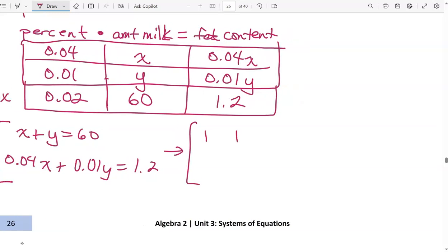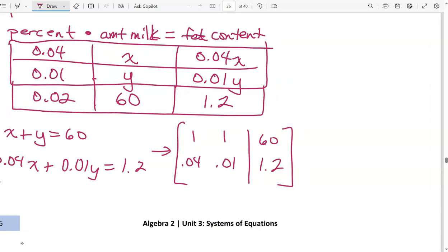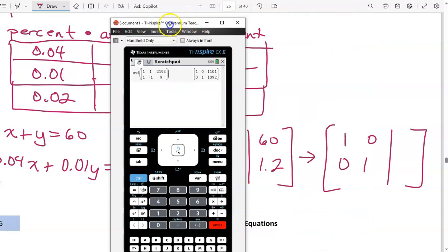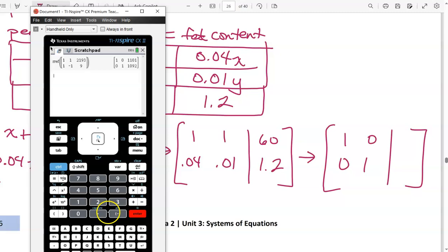In matrix form, 1, 1, 60, 0.04, 0.01, and 1.2. And then let's write that in reduced row echelon form. Pull up the calculator to do that calculation, and we'll type in RREF, open parentheses, and then use the matrix menu there to the right of the 9. We're entering a 2 by 3 matrix,